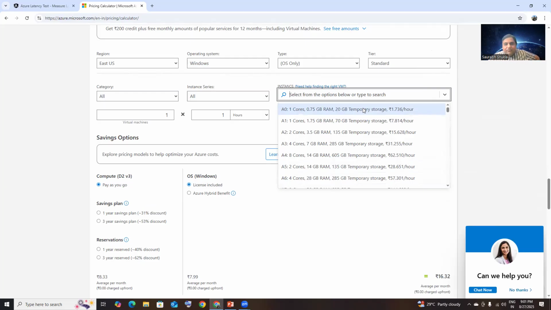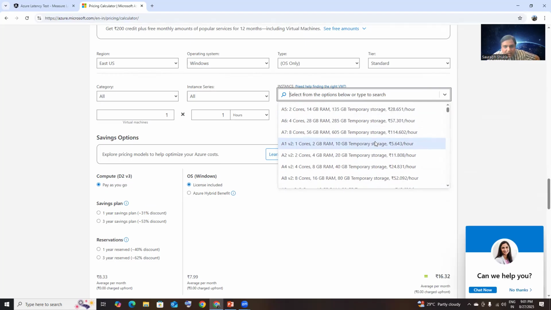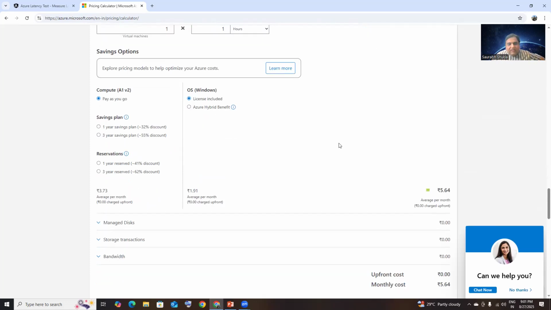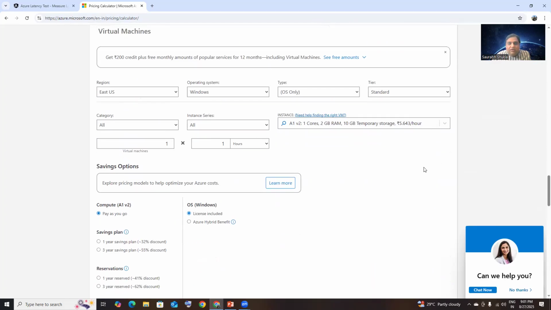So let's say mostly what people will do, one core, 2 GB RAM. I think this is enough. If I select that, see, you can select anything for the 1 hour. You can see that the cost is 5.64. If you create your Azure account for one core and 2 GB RAM for a virtual machine in a resource